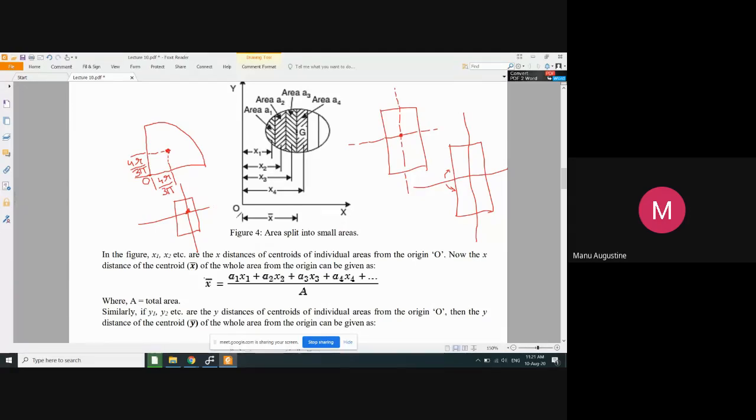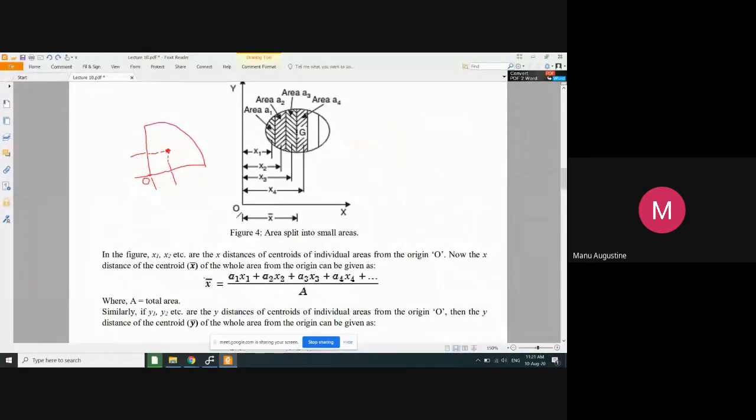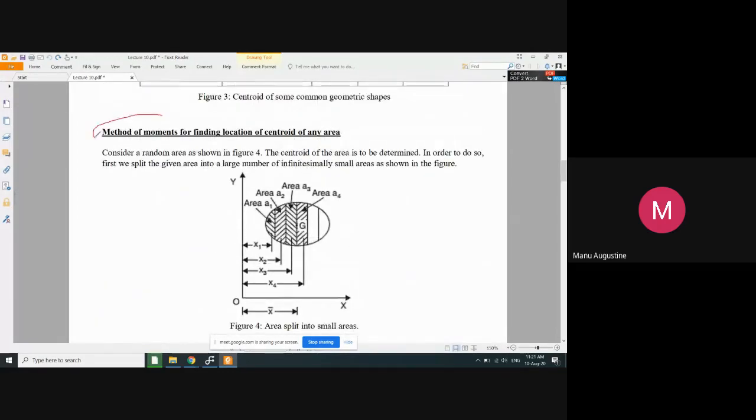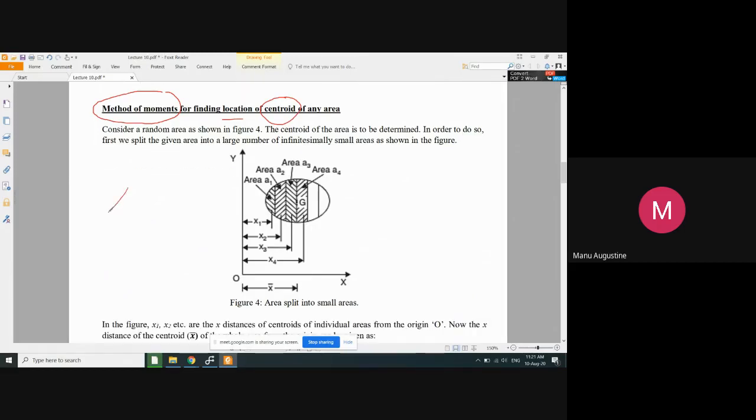The concept of centroid, center of gravity, center of mass, etc. was already understood by us in the previous lecture. And now today what we are going to learn is the method of moments for finding the location of the centroid of any area. Now by any area I mean I can create complex shapes for areas. I can give you an area like this. There is a triangle, there is a rectangle,